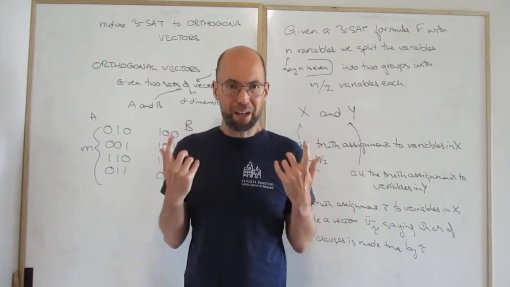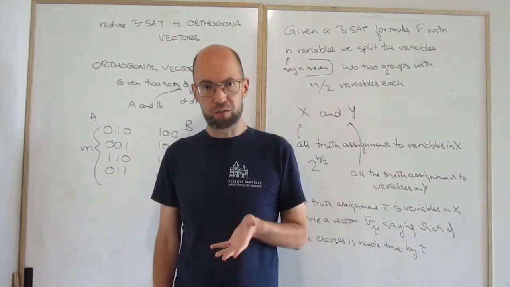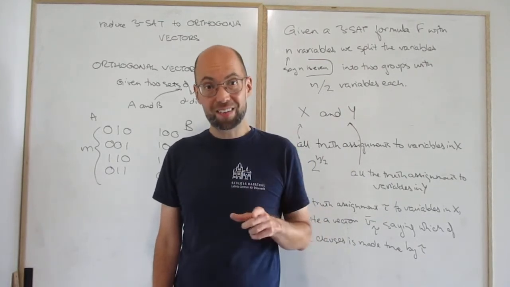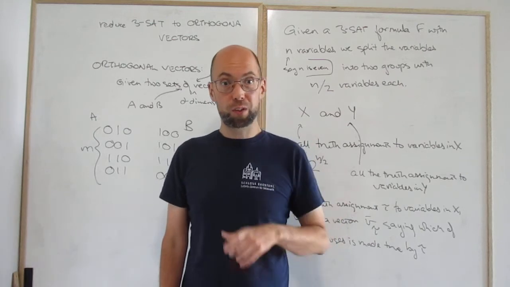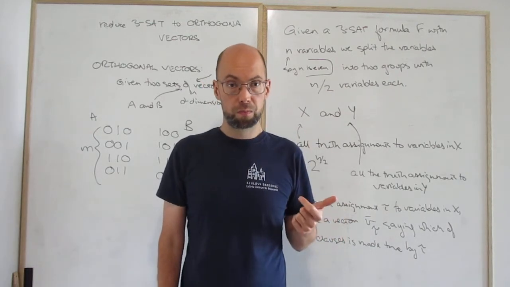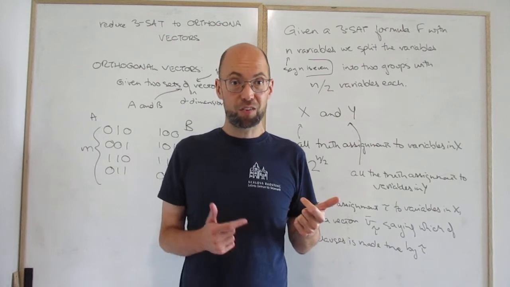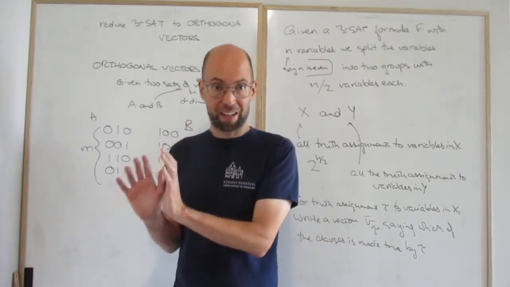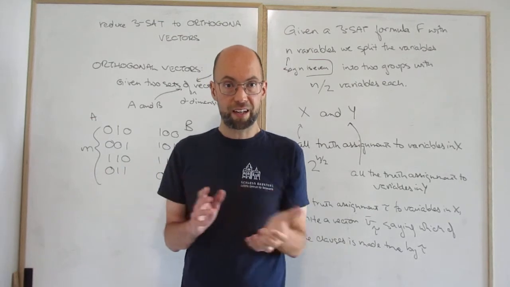You would automatically think 0 is false and 1 is true. That's not what we're going to do now. If it makes it true, we write a 0. And if it makes it false, if it doesn't satisfy it, that is,